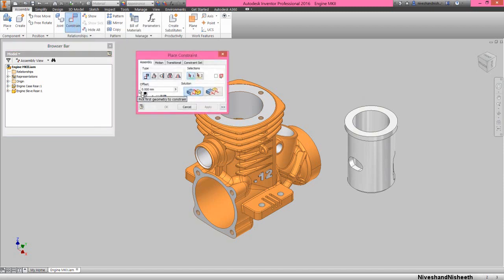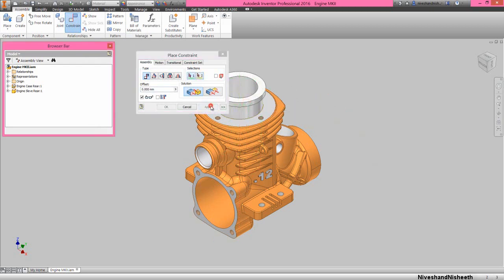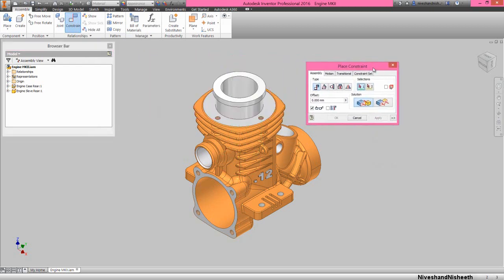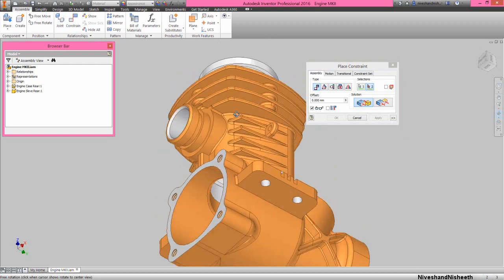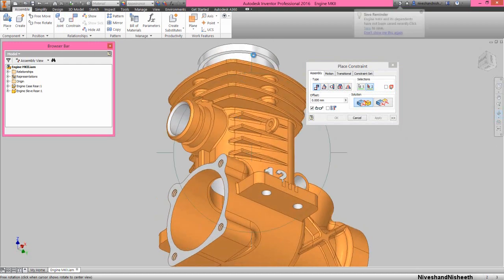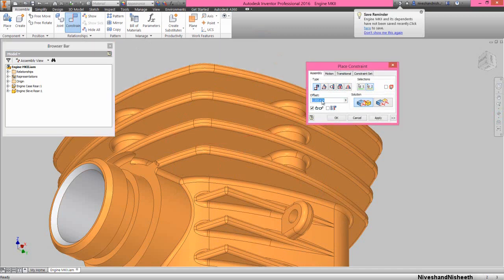Select this axis of this part and this hole axis of engine case rear part and apply mate constraint between them. Select this face of engine case rear part and the back face of engine sleeve rear and apply another mate constraint between them.